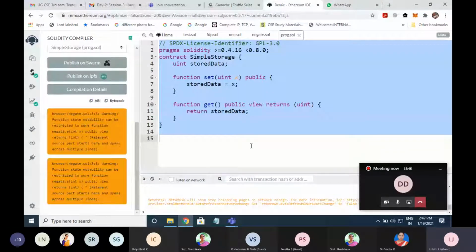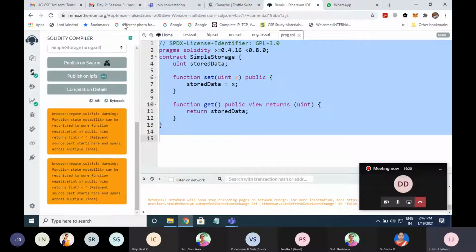Because I was generating a credit report, when larger data needs to be stored, this was a drawback. To overcome it, I thought of using IPFS, wherein all the data from the user I can store in IPFS. IPFS returns the hash value, and that hash value I give as an input to the smart contract. The smart contract is deployed in the blockchain. So I get a huge advantage by using IPFS.